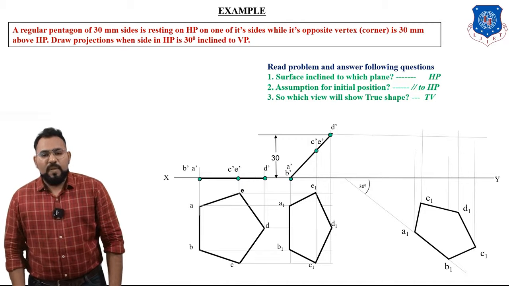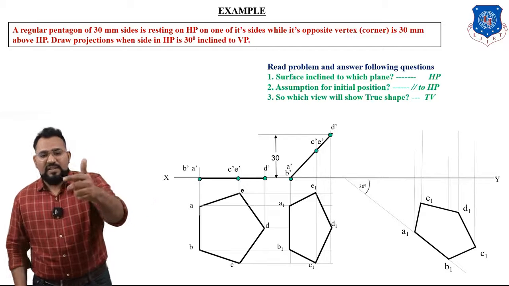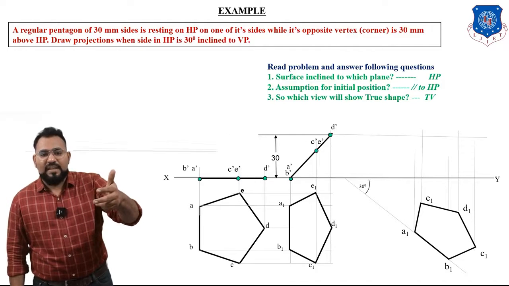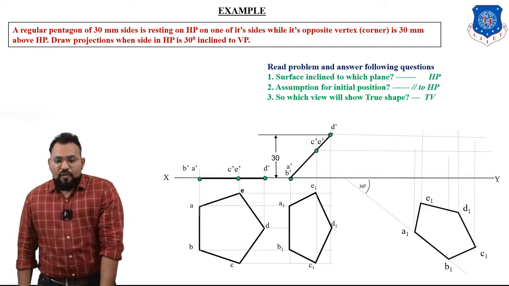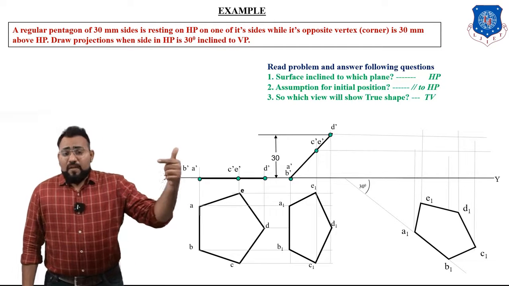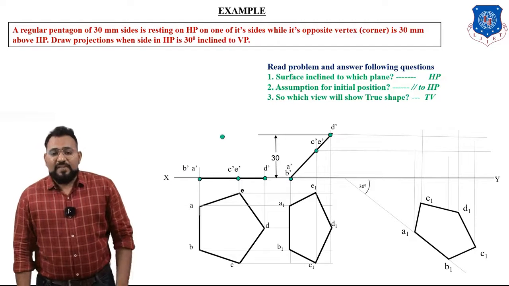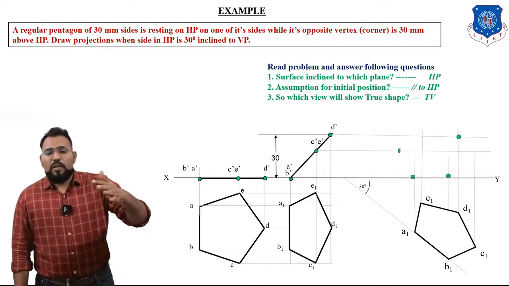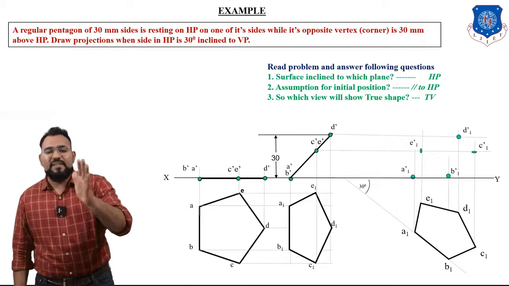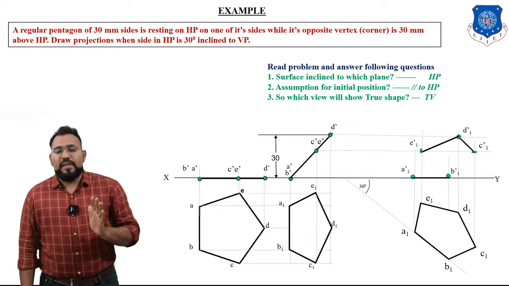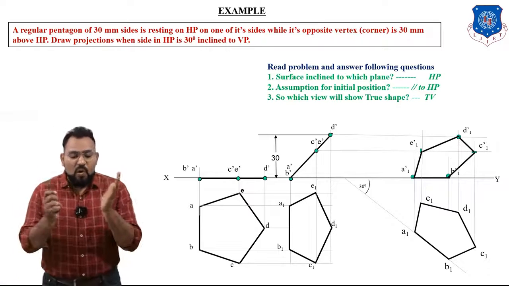And now what we will do? Now from the front view of the second stage, we will take horizontal projection from every point, like this, and like this, okay? So you know that whenever the line coming from point A1 and the horizontal line coming from A dash intersect, it will be point A1 dash, okay? Same way you will get all the points. So give all the points the names A1 dash, B1 dash, C1 dash, D1 dash and E1 dash and connect all the points and you will get your answer. So this is how we can draw this whole problem.